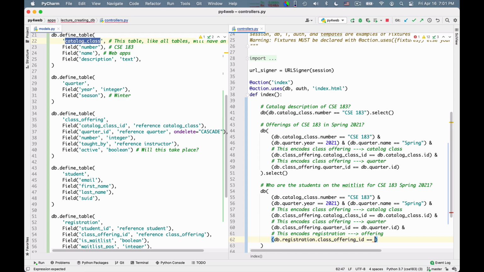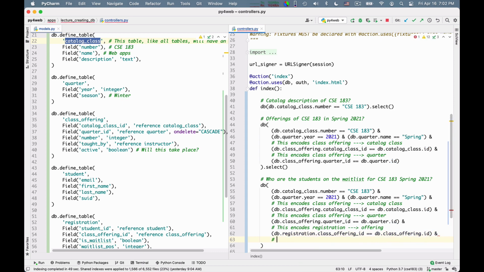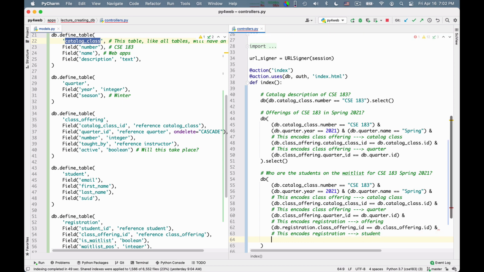This has to be equal to db.class offering.id. Then this encodes registration to student. And I say db registration class student ID is equal to db.student.id.